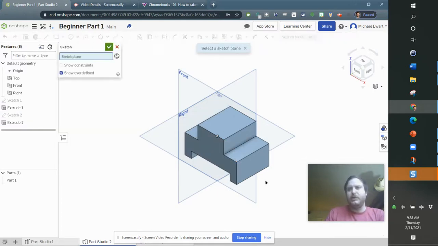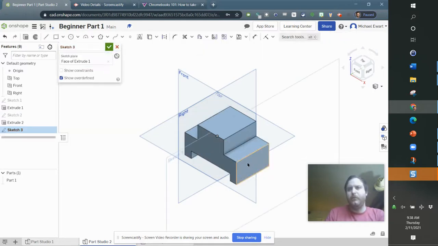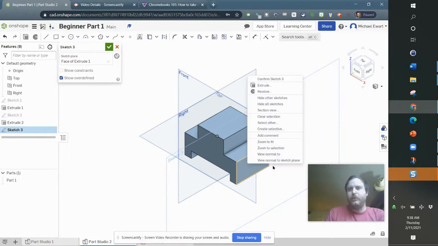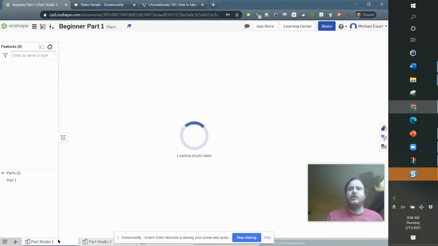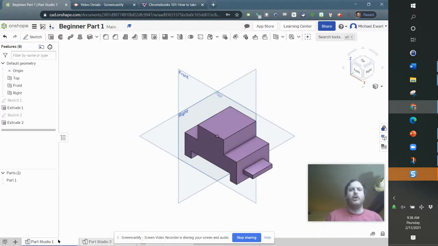Once we have that, we would do the same process where we right-click it, view to the normal plane, and add in that rectangle. I won't show that part because we've already done that. But that would be the subtractive model, a different way to do the same part. So in OnShape and CAD, there are usually tons and tons of different ways to get to the final answer, but you just need to make sure